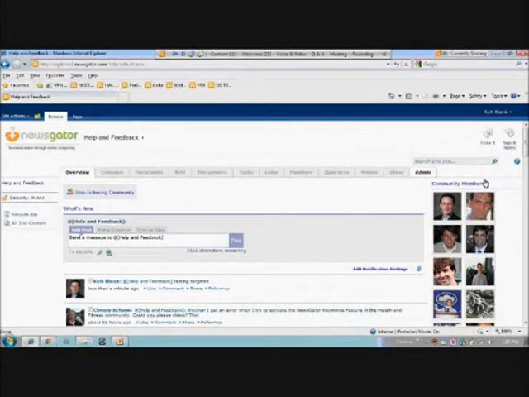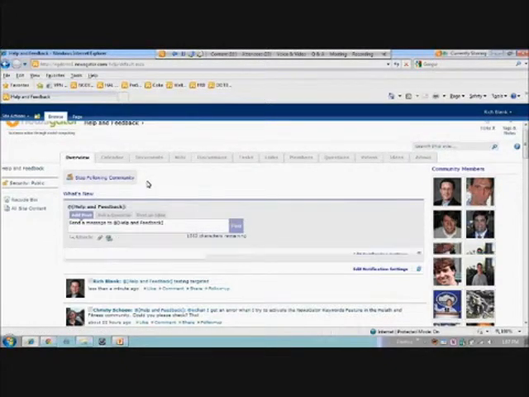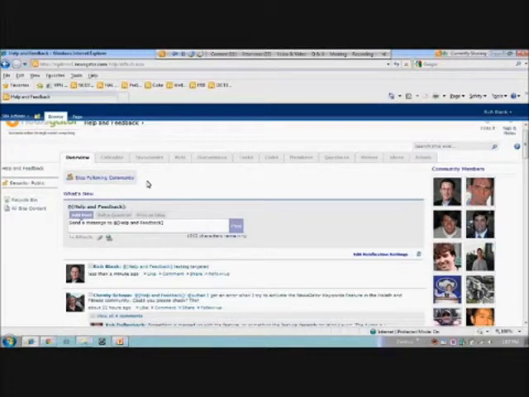We include the members who are following this community, and of course we include an activity stream which is filtered just for this particular community. So this is everything that's happening inside the community, and I can follow and unfollow the community. Social Sites operates under the Twitter model of following, in that I can either follow a colleague or follow a community, and by following them, those activities and updates by the colleague or by the community will show up in my personal activity stream.